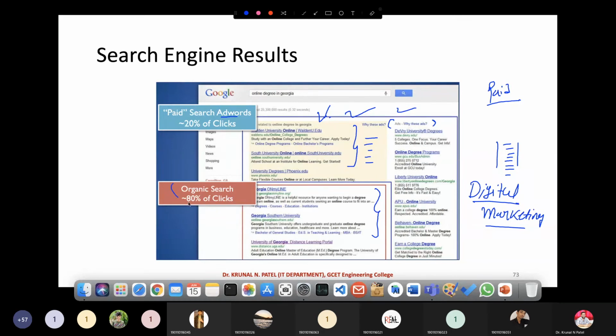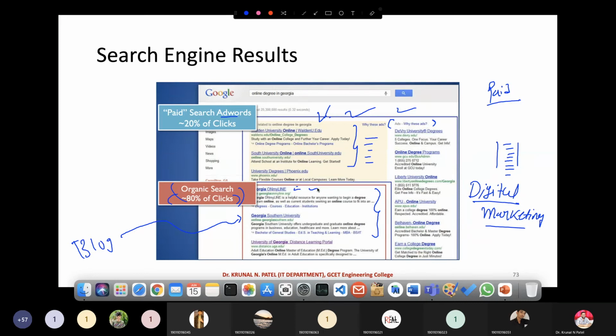And this is known as organic search. 80% of clicks means organic. Suppose that blog is very popular in the community, in society, so people are visiting more and more. If the Google algorithm finds that this particular blog gets 80% of the clicks, then it will put you first.